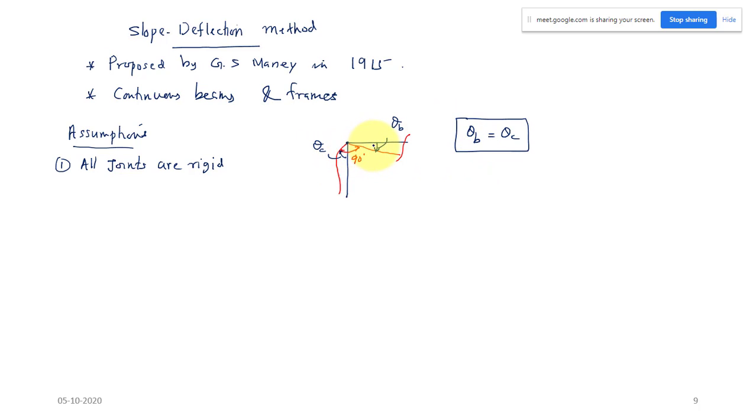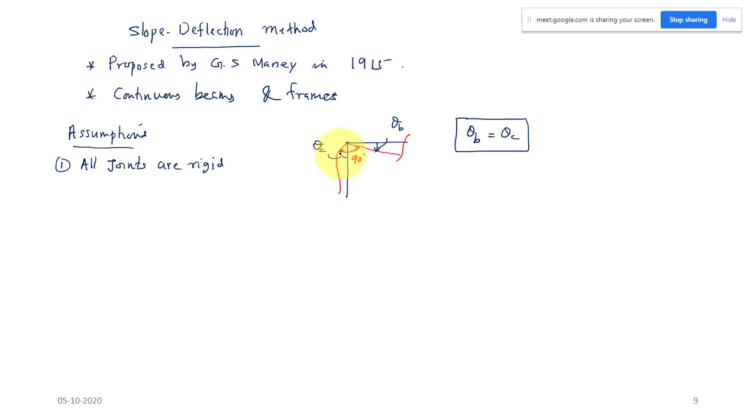That is why this angle is also 90. It is rotating by some angle. The beam is going from here to here, and the column also is going from here to here, by the same angle. That is why the included angle remains 90 degrees. The angle between members meeting at the same joint does not change, even after deformation due to loading. That is the meaning of rigid joints.